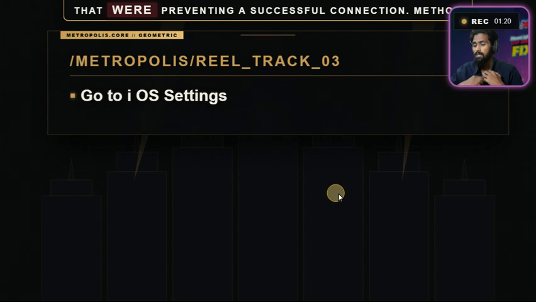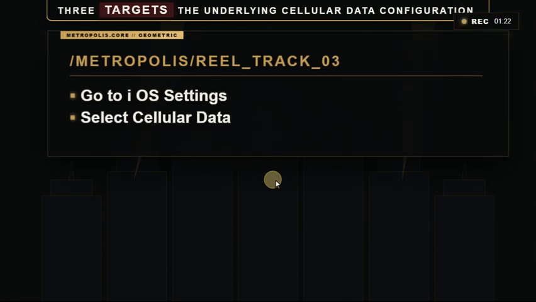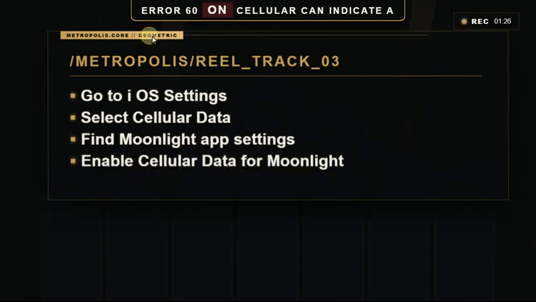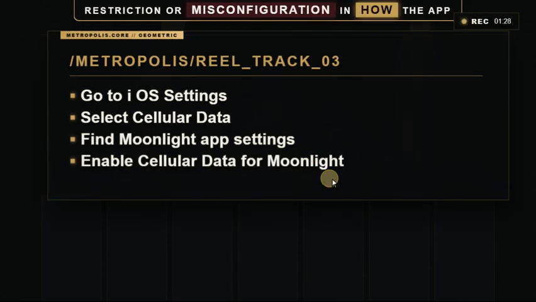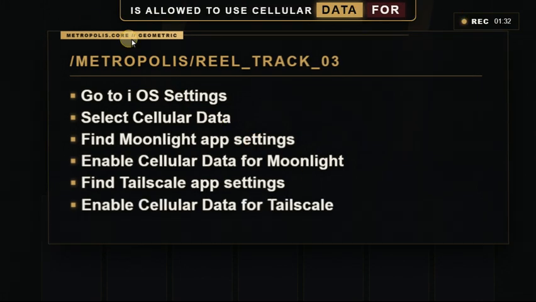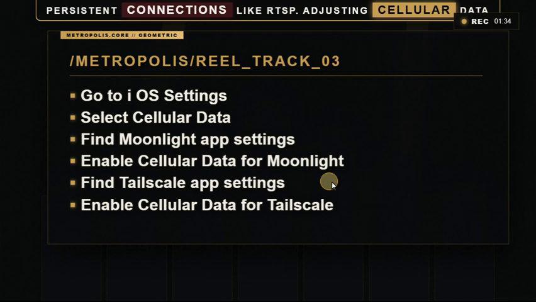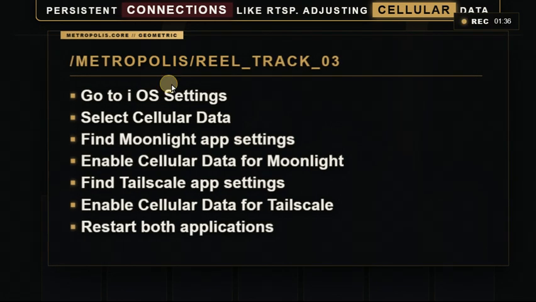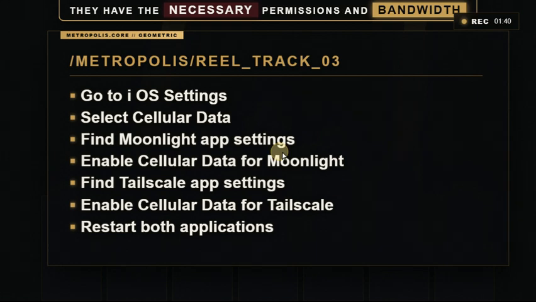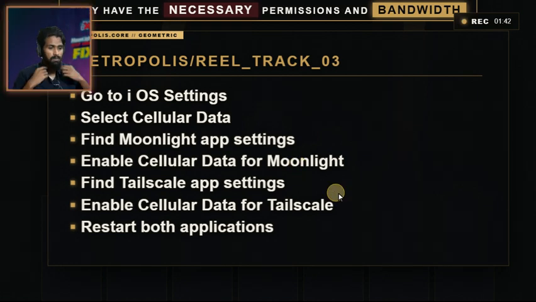Method 3 targets the underlying cellular data configuration. Error 60 on Cellular can indicate a restriction or misconfiguration in how the app is allowed to use cellular data for persistent connections like RTSP. Adjusting cellular data settings for both Moonlight and Tailscale ensures they have the necessary permissions and bandwidth allocation to maintain